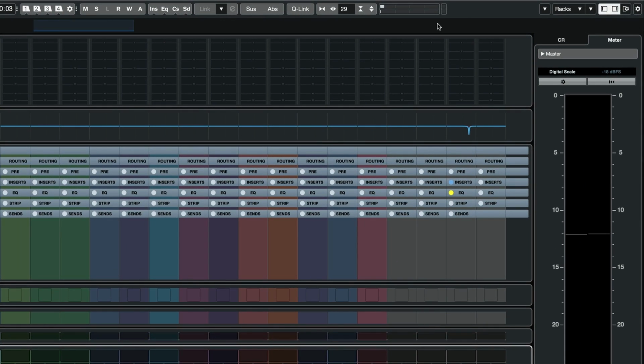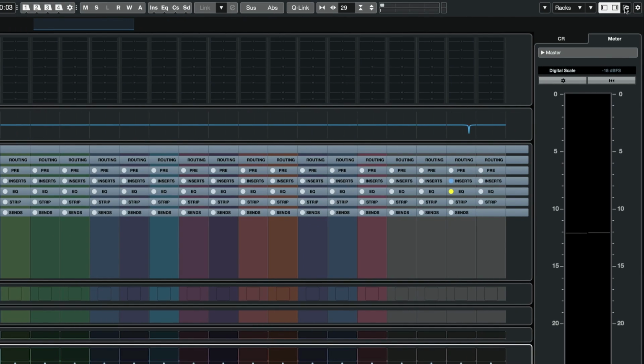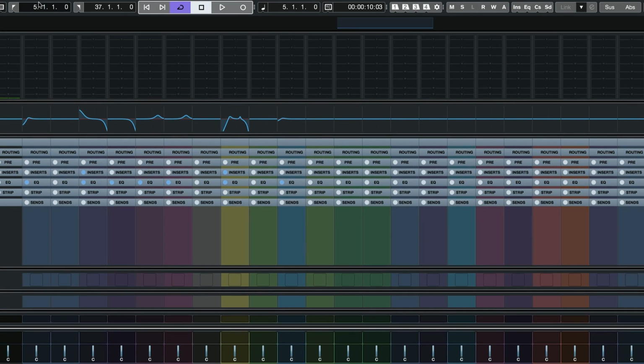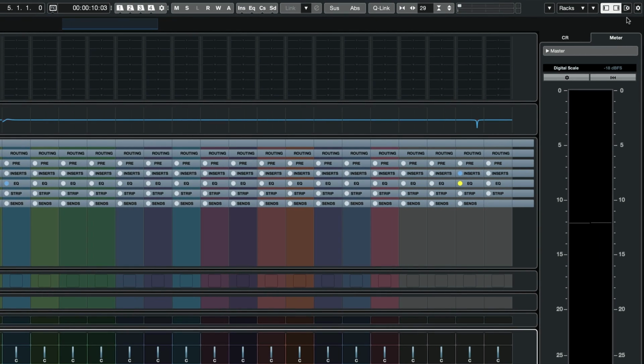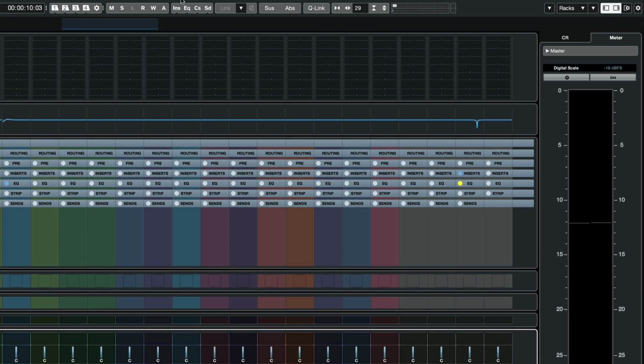The other thing I'll mention is this cog, which is up here on the top right. This essentially allows you to choose what you see in terms of your addressable parameters on the top view here. So if I click on that, you'll notice I've got quite a few things checked off or enabled, but let's say I wanted to see my locators, for example. If I click that, my locators just populated, they showed up here. But if I didn't want to see that in the mixer view, then by all means, I can go ahead and take the locators away so it's less cluttered.